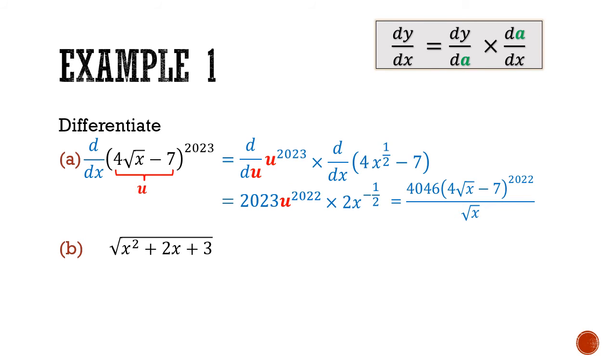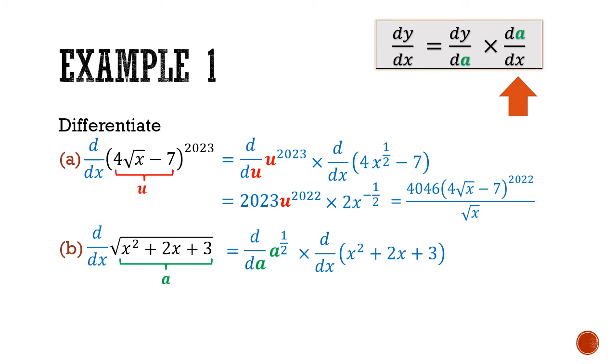In part B, we first differentiate this function by setting the inner function a to be x squared plus 2x plus 3. That means I'll be differentiating a to the power of half with respect to a first. Then we have to multiply by the chain. That will be differentiating a with respect to x. So we have to differentiate x squared plus 2x plus 3 with respect to x. So the first part